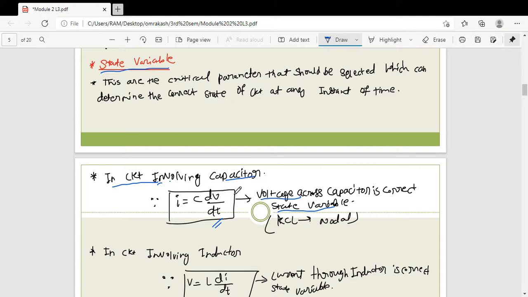So for these 3 instants of time, or you can say 0 minus and 0 plus instant of time, you have to observe the value of that voltage. And note that at t equal to 0 minus, meaning before switching, this is the initial condition; we call it the initial condition. If there is no initial condition, then we take it as zero. So for the capacitor, what is the state variable? Voltage is the state variable, because a capacitor doesn't allow a sudden change in voltage.